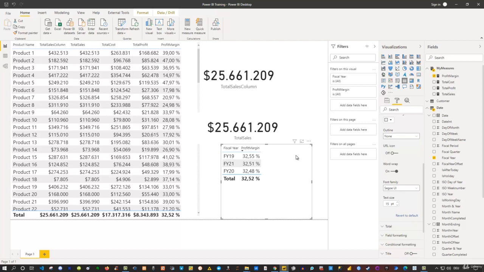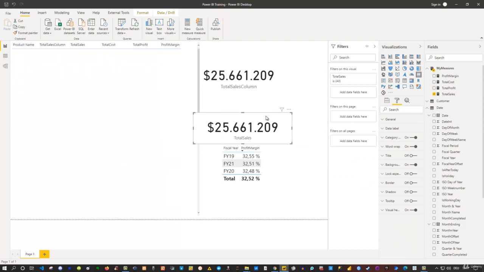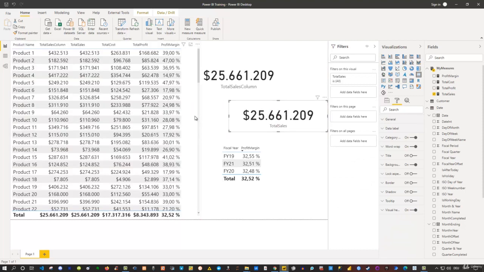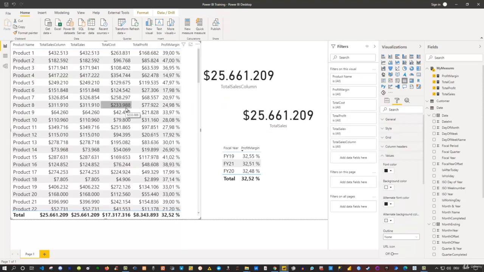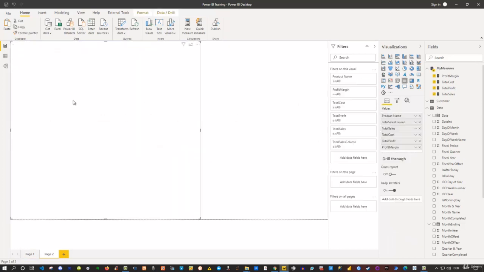So let's say you talk with your colleagues or with your boss, and he or she says, let me actually drag this maybe a little to the side, he or she says that, oh, this is a great table and this gives me a lot of information, but I need this not for the product, I actually need it for our customers. Can you help me with that? And you say, yeah, sure, I can do that. All I need to do is, let me actually Control-C to copy this whole table, because we don't have too much space in here. I go to a new page, and then I paste it in here,